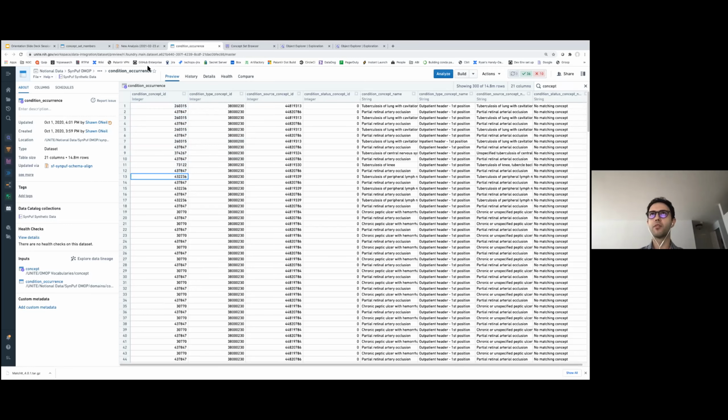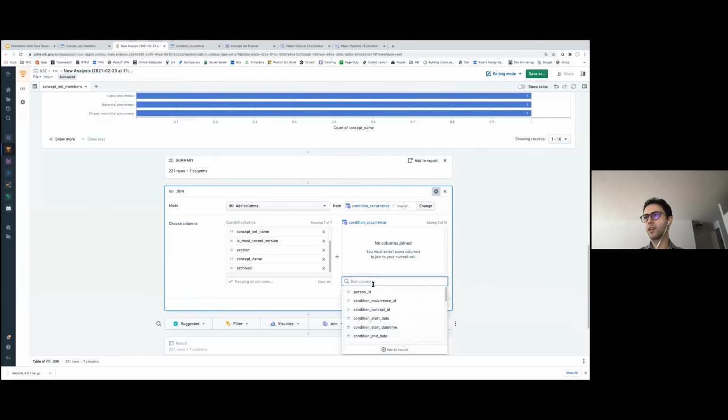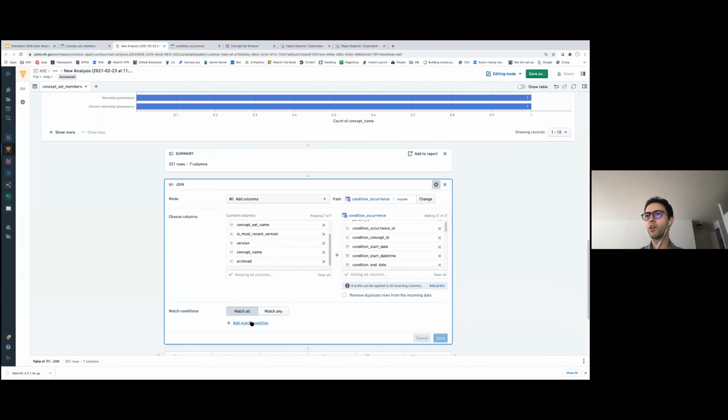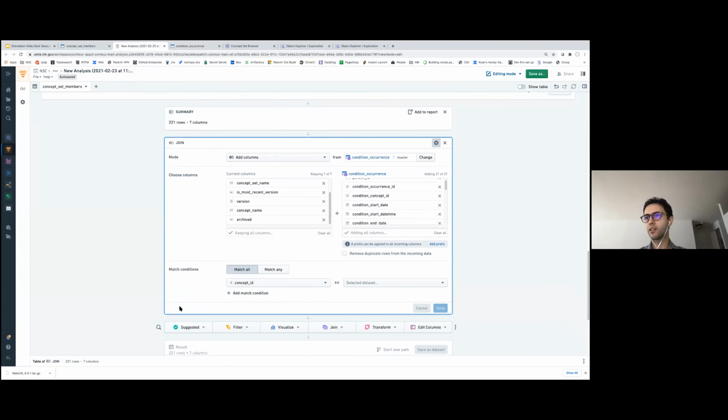that we grabbed from the concept set member table. Going back to my contour analysis, I'm going to add all the columns from this condition occurrence table, and my matching condition is going to be on the concept ID. The left table has the concept ID column, and we want to match the condition concept ID column from the condition occurrence table.